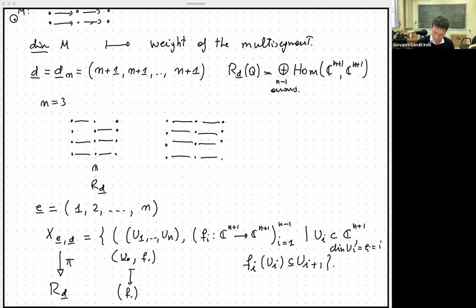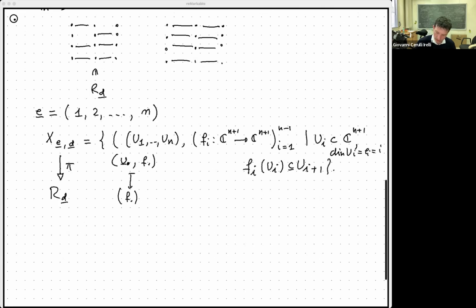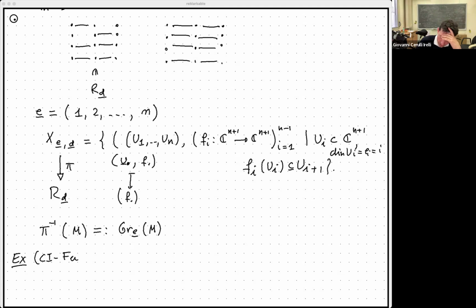Okay. And then what is the fiber over a point? So pi inverse of M is what is called the quiver Grassmannian. It's just a collection of vector subspaces, one for each vertex, which are compatible with the linear maps. So for example, if M is, and this was an observation of myself with Fang and Reineke from 2011, if one takes the Grassmannian of just this representation here, where the identity is everywhere,